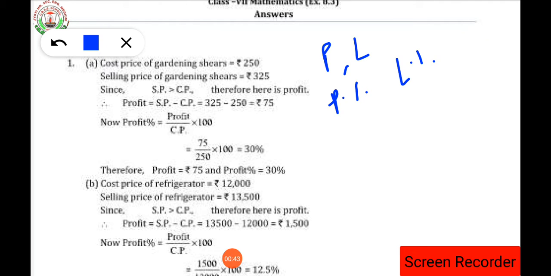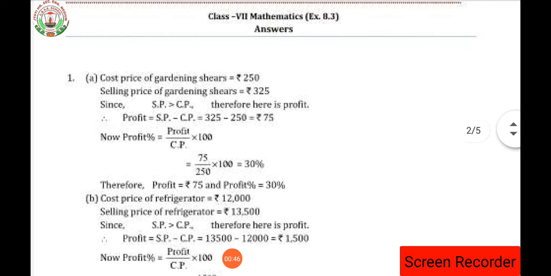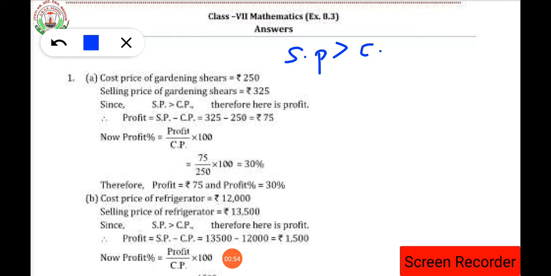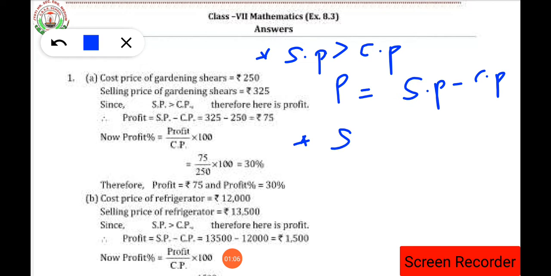So dear student, in order to solve this question, first we have to look at whether the value of selling price is greater than cost price. If the selling price is greater than cost price, then we will have the profit. That means selling price minus cost price. Clear? In the second condition, if selling price is smaller than cost price,